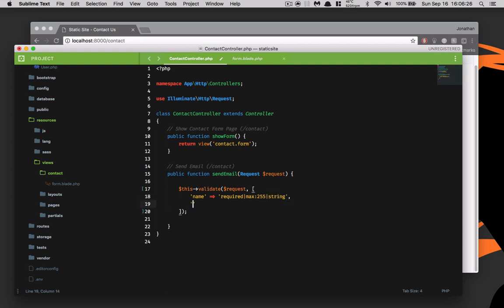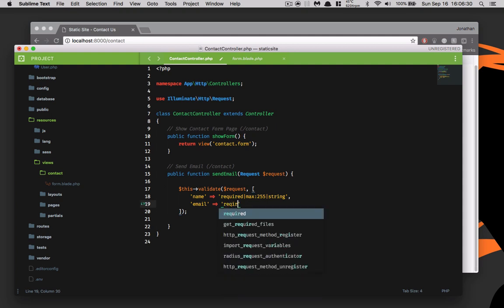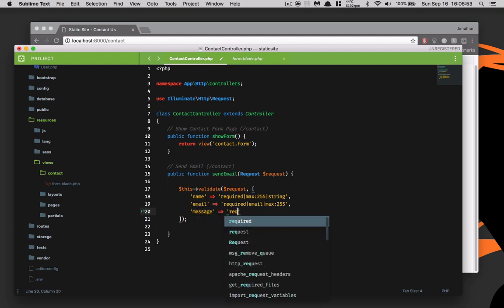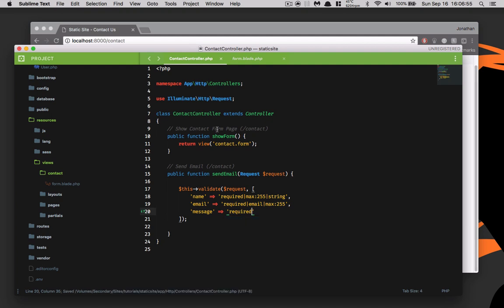The next thing that we're going to do is email. That's also going to be required. And that's also going to be a max of, or actually, first thing that we're going to do is we're going to validate it as an email address. And then we're going to say it's going to be a max of 255. And the last one is going to be message, and that one is just going to be required. All right, so